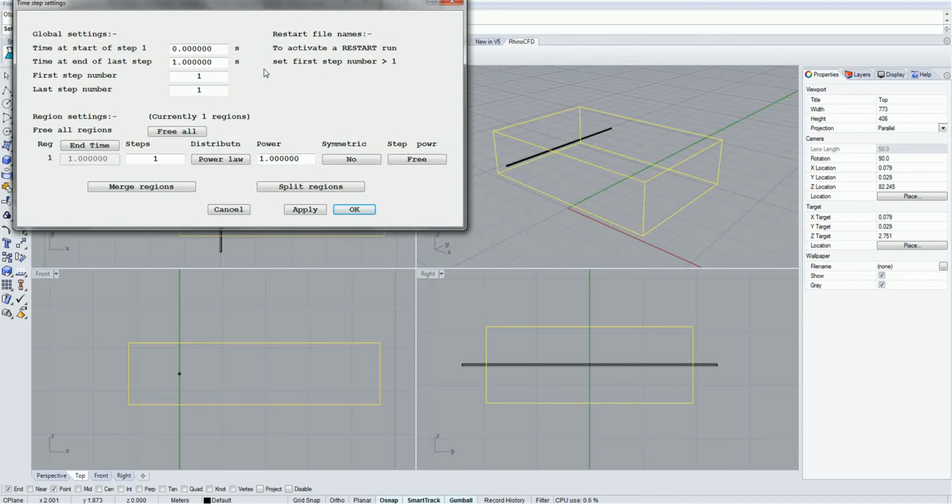In the time step settings panel, set the real time length of your simulation. Input your desired value in seconds into the box called Time at the end of the last step. To change the number of steps completed during this time frame, edit Last Step Number. This divides the total time of your simulation by the total number of steps, and thus defines the size of